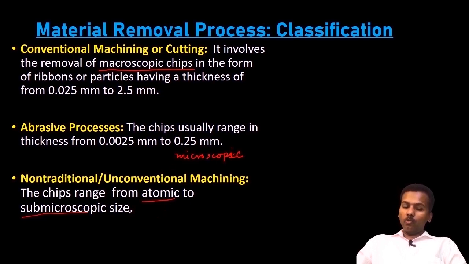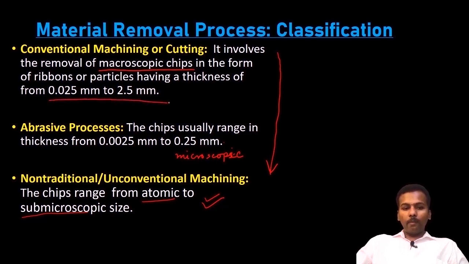As you go on removing the finer size, as smaller and smaller size, the finish will be much better and better. So here the finish range, here the improvement of the finishing is downward. That means this process will have greatest finishing than this one, and this one have the smallest finish size. So you can see here that in this process the chip ranges from 0.025 millimeter to 2.5 millimeter.